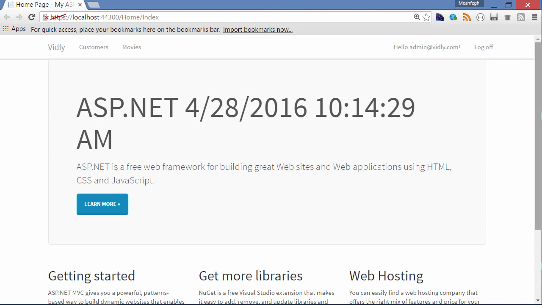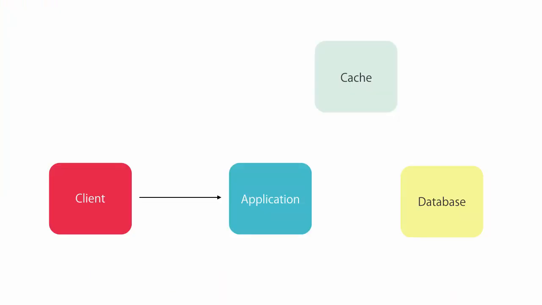Okay? Now imagine behind this page, we're going to have a costly query and our performance tests are showing that this is one of the slow pages in our application. Now, assuming that the data behind this page does not change that often, we can cache the output of this page, which is the rendered HTML. The first time someone visits this page, we'll query the database to get the data. ASP.NET MVC Framework will render the page and then store the rendered HTML in the cache. Next time someone visits this page, MVC Framework will serve this page from the cache, so the query will not